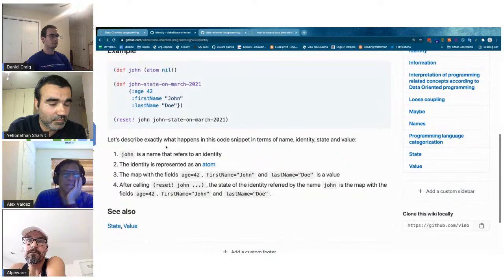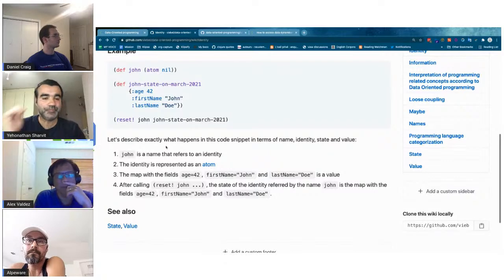Oh no, I'm just not happy with the example because you're using atoms and basically changing the value of an atom, right? It doesn't feel very Clojure-like to me.